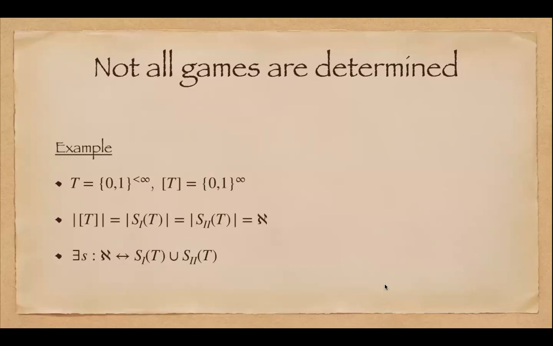So we're going to use the axiom of choice to construct this game. It's not that trivial, but it's not very complicated. The tree of the game will be the complete binary tree, so it is composed of all finite sequences of zeros and ones. And the plays of the game are just infinite sequences of zeros and ones.